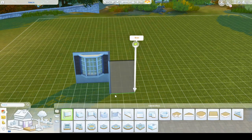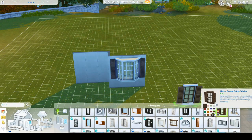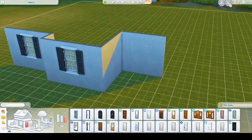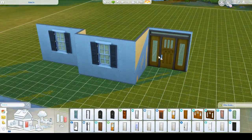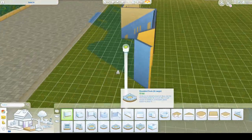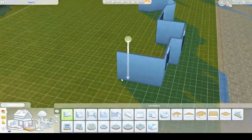I am on letter R, which is pretty far into the challenge. I kind of knew I was going to do a ranch style house from the beginning of the challenge. I kept coming across ranch style and I really wanted to try one. I don't think I've ever done this style before, maybe something similar, but I won't go into too much detail